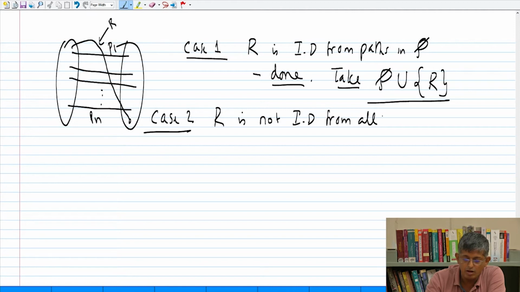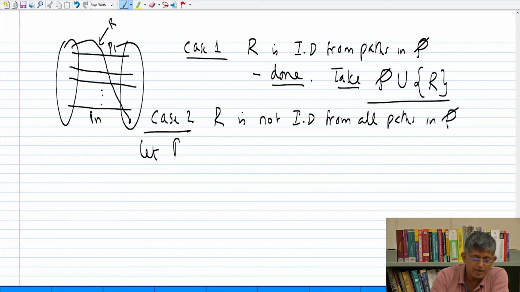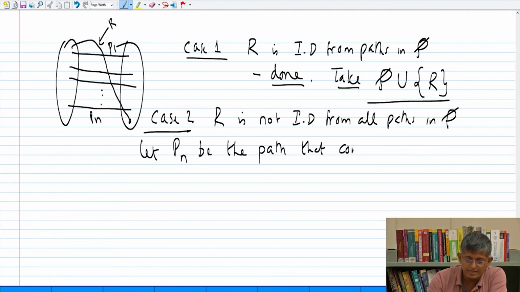From all paths in P. Now applying mathematical logic, right? Let Pn be the path that contains